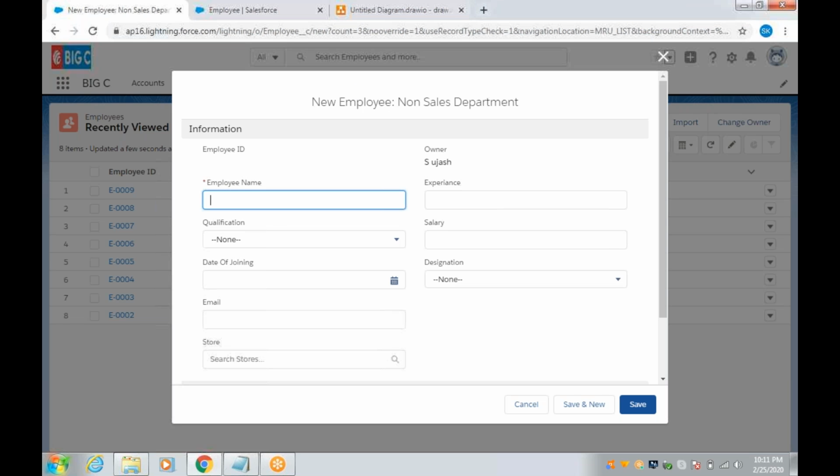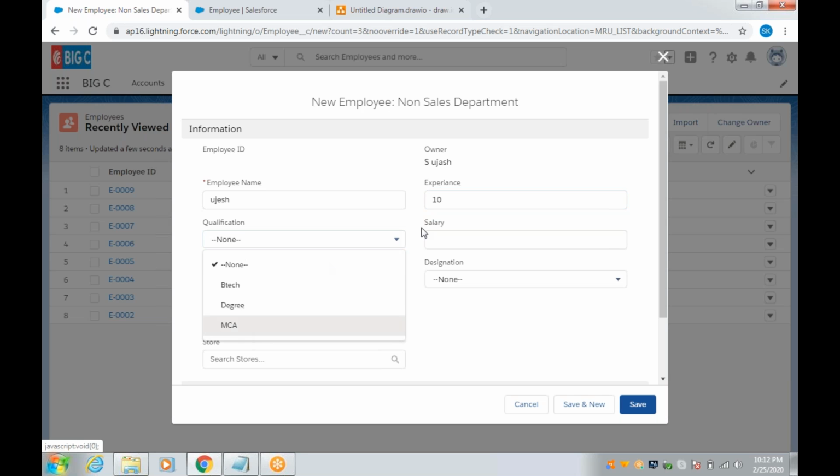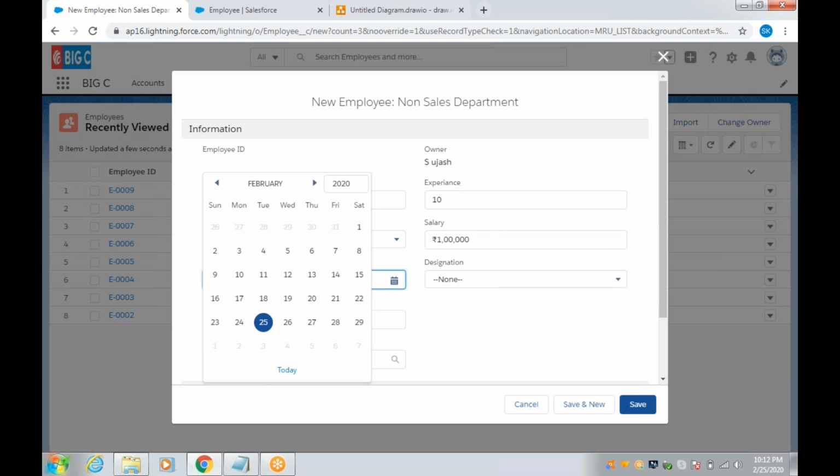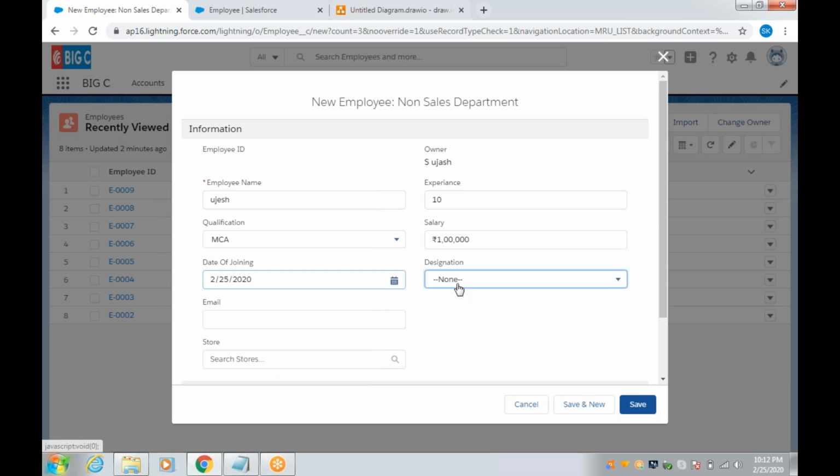Now let me create one more called Ujesh. Experience 10 years. Qualification is MCA. Salary is 1 lakh. Date of joining today. And designation store manager. So email address